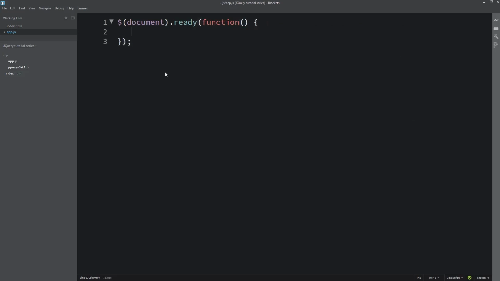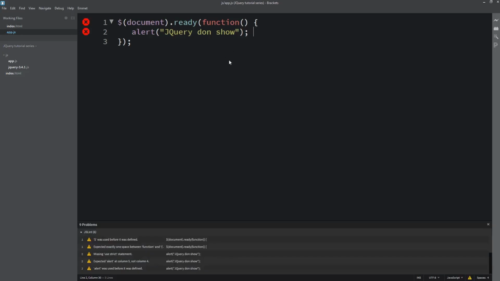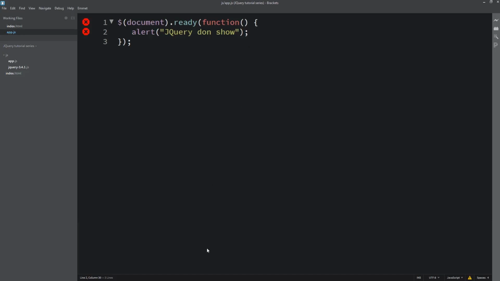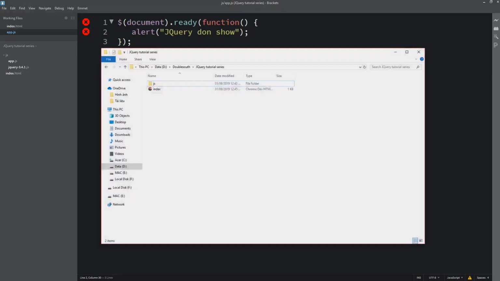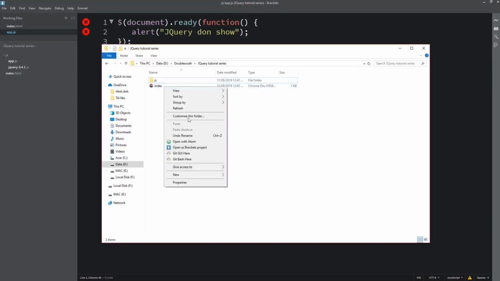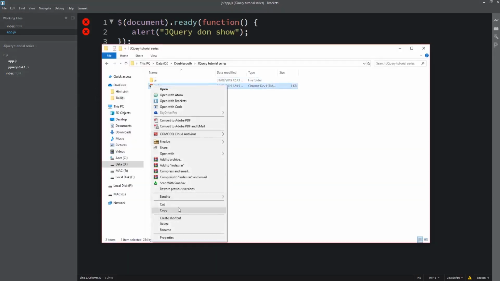So I can just say alert, then I'll type "jQuery don't show" like this. So when I do this, I'll link everything back, and then I'll run it with Opera.